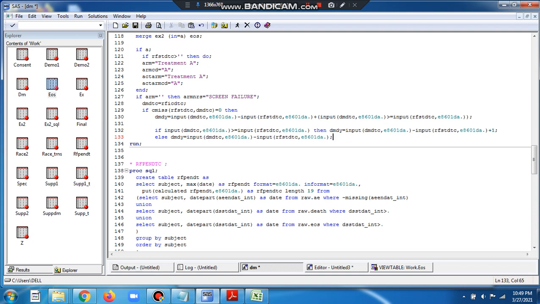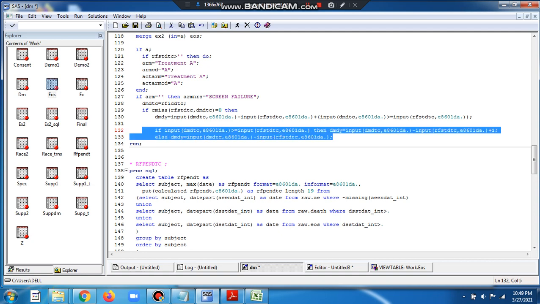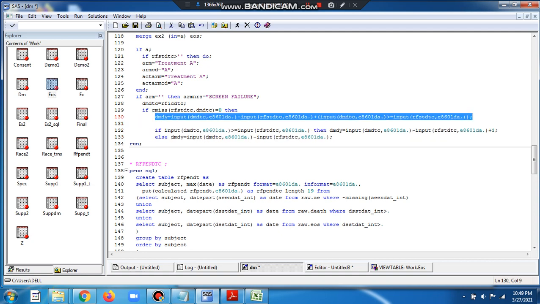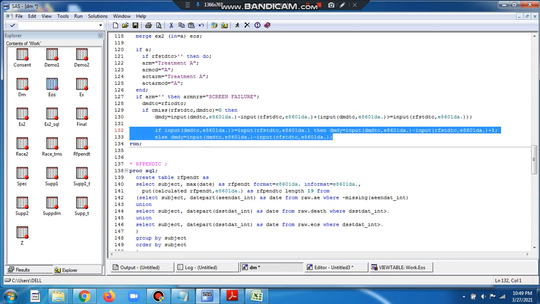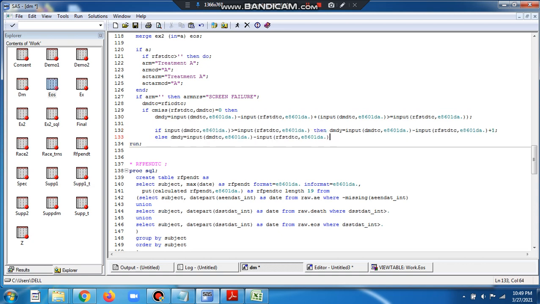So this is another way of writing the same thing. You can decide you want to write it this way, or you want to write it in one syntax, or it will be 2 lines. So it's up to you how you want to write it. Both are correct. So I will remove this for the time being.